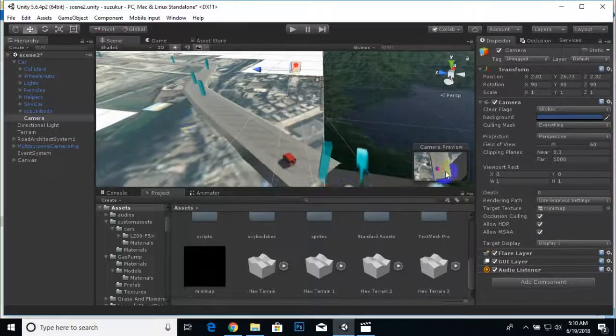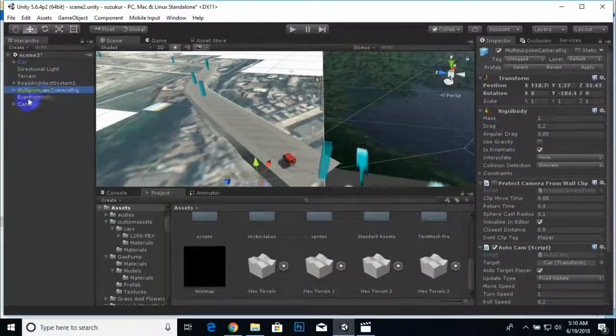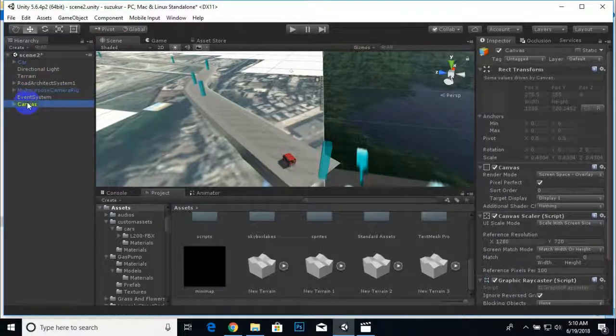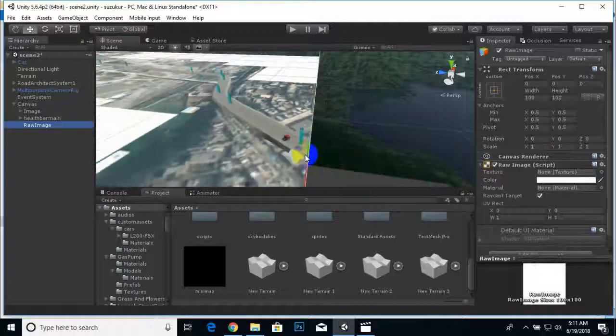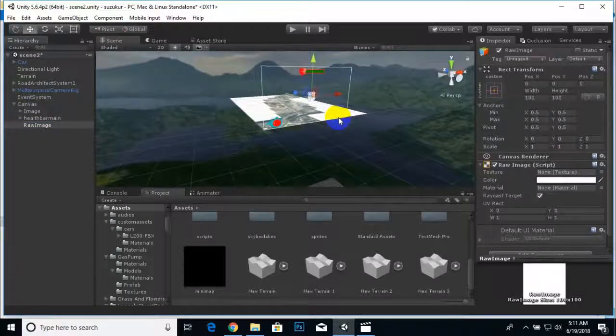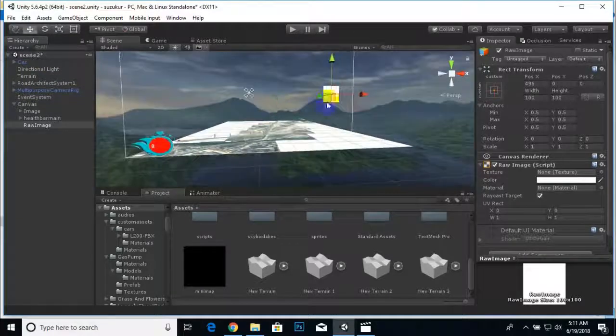Now for displaying the minimap, we will add a raw image in our canvas area. So here is our canvas, so we'll add one raw image, and we can adjust this image wherever we want.